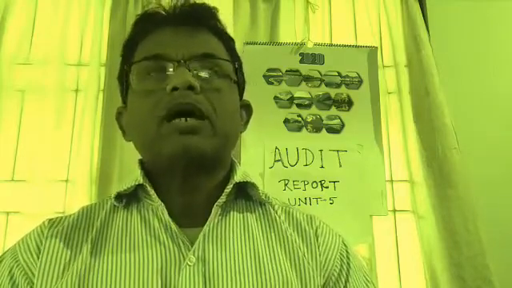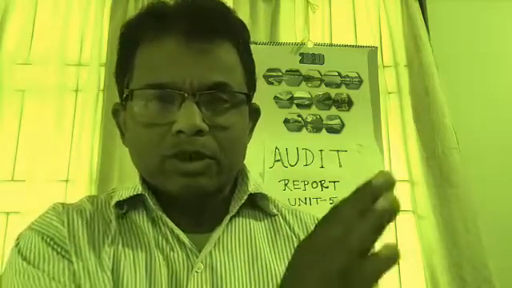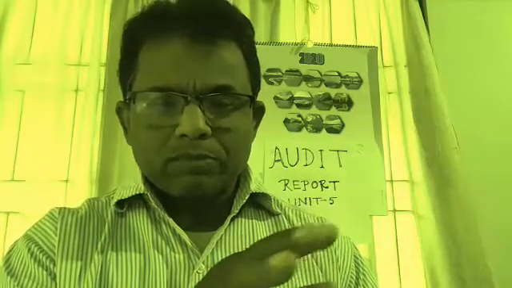I am giving an example. Audit report may be this way. I am just reading the line. Subject to such matters, I report that accounts give true and fair view. So auditor is saying accounts give true and fair view, but subject to some points. Some points are not regular, some problems are there. A little bit of problems are there, but still okay. Fine. Audit report is good and financial statements give true and fair view.